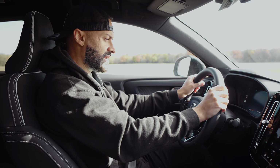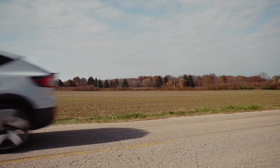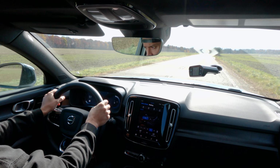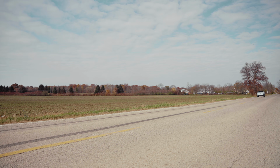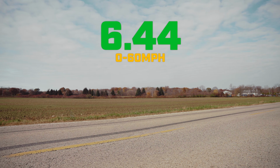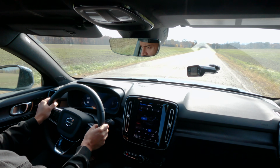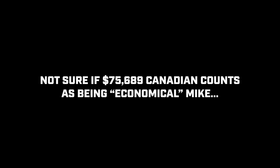Anyways, all that aside, foot on the ground, there's no drive modes, and let's see if we can get this thing to 60 and go. Okay. 6.44 to 60. So it's in the 6-second range, which is kind of to be expected out of an economical vehicle to get to